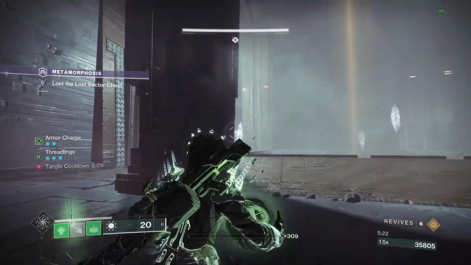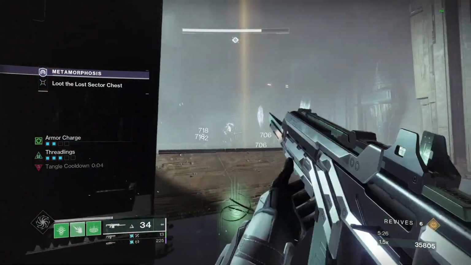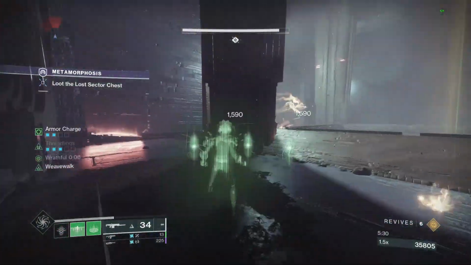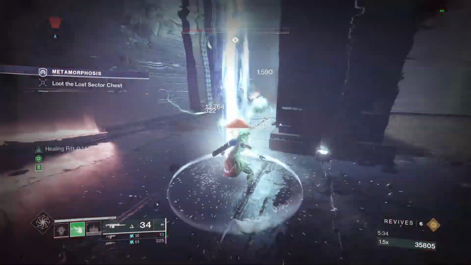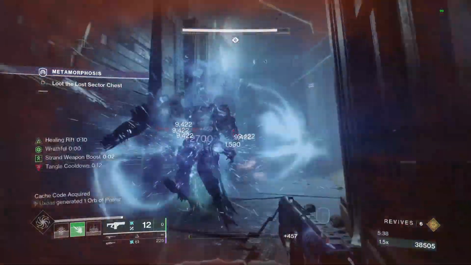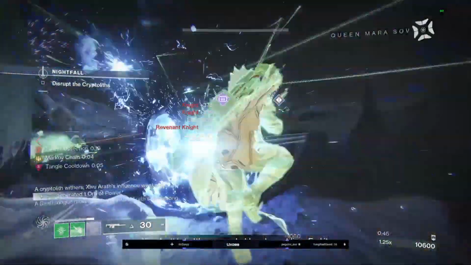For our class item, we're going to be running Reaper and Utility Kickstart. Reaper is going to allow us to use our class ability, and once we do so, our weapon Final Blow is going to spawn an Orb of Power. Now, we're going to pair that with Utility Kickstart. When you use your class ability, you're going to gain a class ability energy at the cost of 1 armor charge, which is why we're running Charged Up